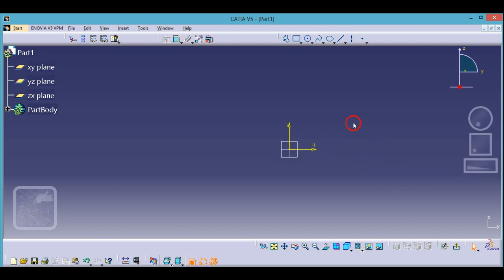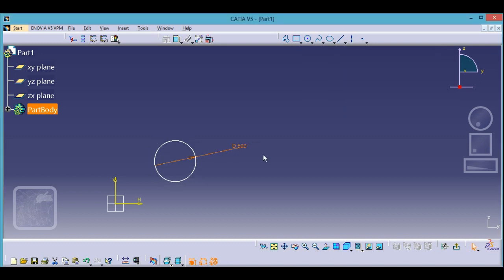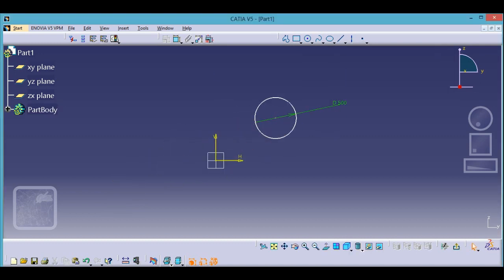So, the next thing I am showing you is how to lock a circle. Okay, drawing a circle, this is your dimension. Give any dimension, I'm giving 500, but it's moving, so I'm locking it at the center.